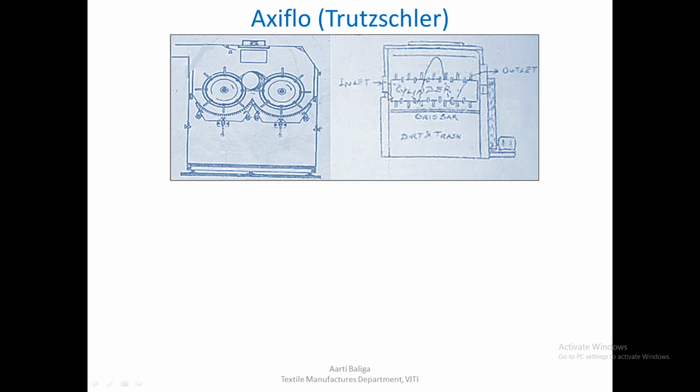And this beater, if we look at it from the side, there is one more beater behind this, and material enters along the axis, or rather parallel to the axis of the beater, and it will spiral around both the beaters, and there is an outlet over here. So this is how the passage goes. In the earlier one, the material was coming perpendicular to the beater, spiraling and moving out, whereas here the material is entering along the axis of the beater and then exiting from the opposite side.